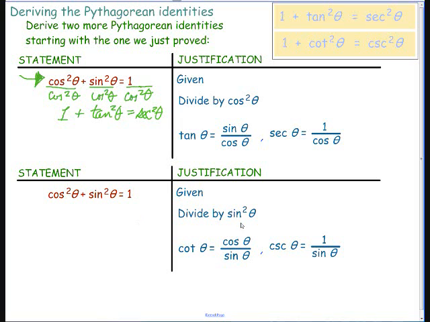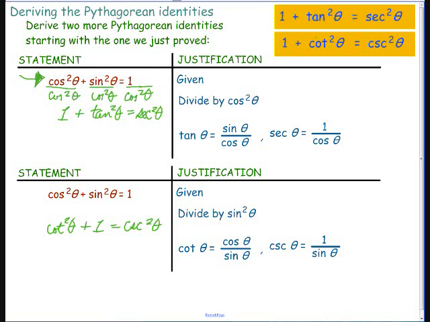And then we can do the same thing here, only this time we divide through by sine squared, and we end up with, let me write it down, I'm going to divide this by sine squared, everything, I'll get, this is going to be plus 1, right? What is this going to be divided by sine squared? That's right. Cotangent squared theta plus 1 equals 1 over sine squared, cosecant squared theta. So those are the other two